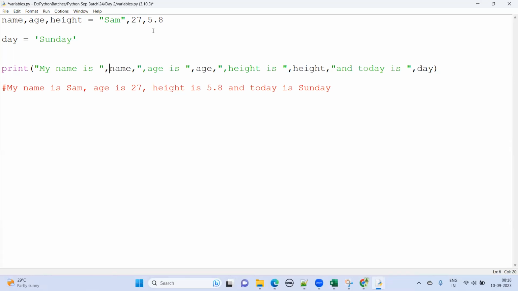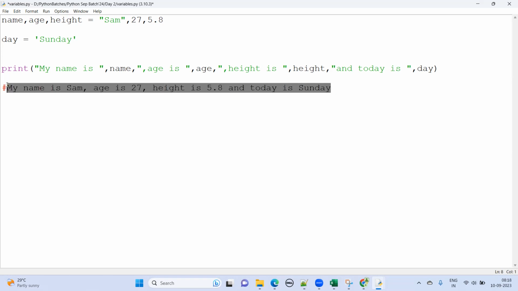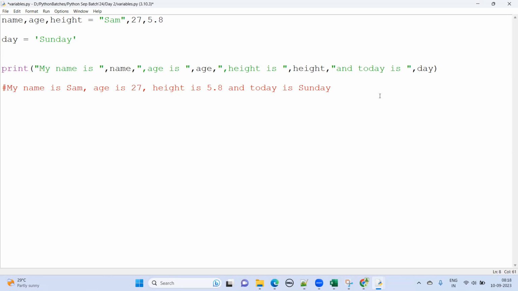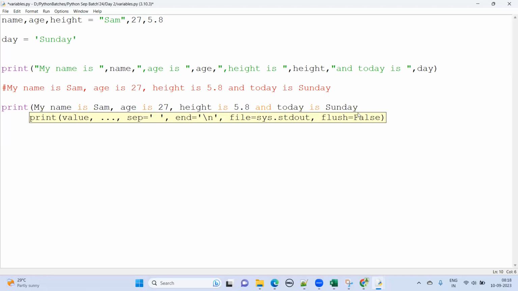Is it clear, guys? Anyone having any doubt? Okay, so this was one way of doing it, but this does not look like that much code, because we have quotes and again comma, again variable name. So we have some alternative in Python. So what is that alternative? So instead of